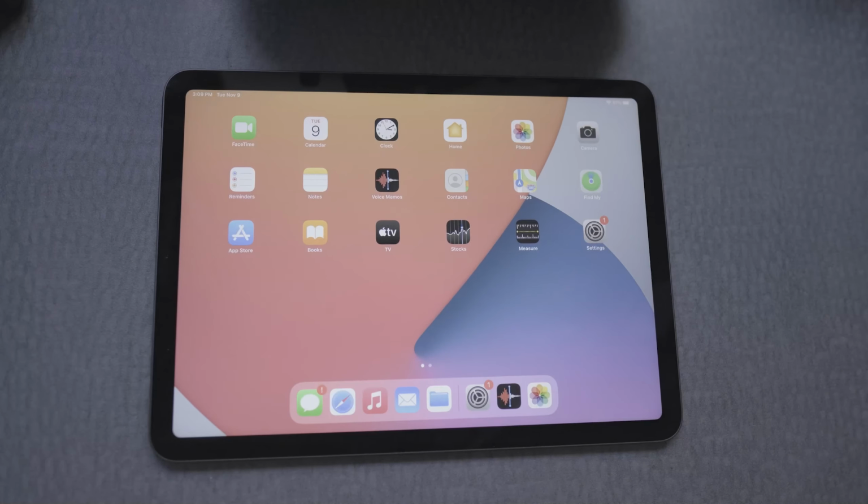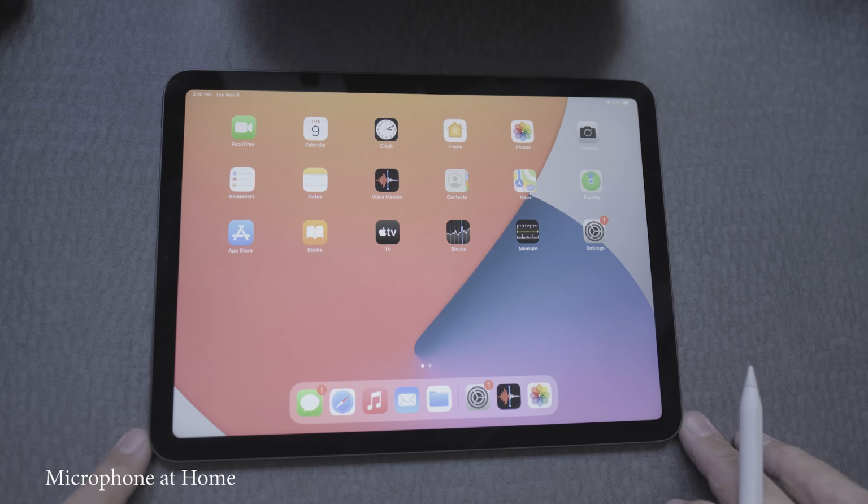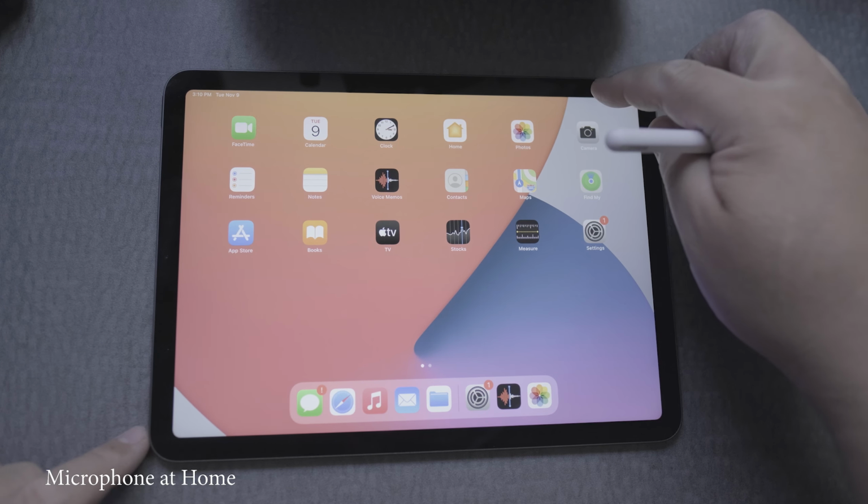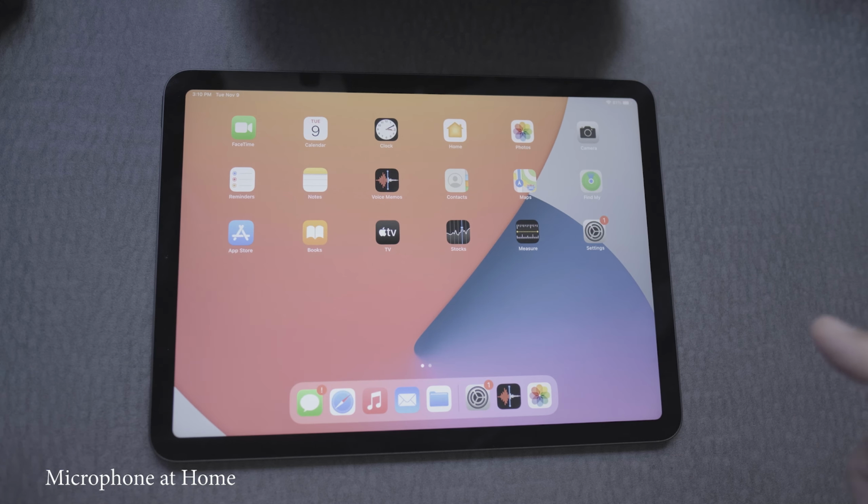What I want to do is show you how to do a screencast. Right now in my office at home, I have the iPad laying on a table. I'm using a camera to record this so you can see my movements. So when you receive the iPad, you need to activate the screen recording or